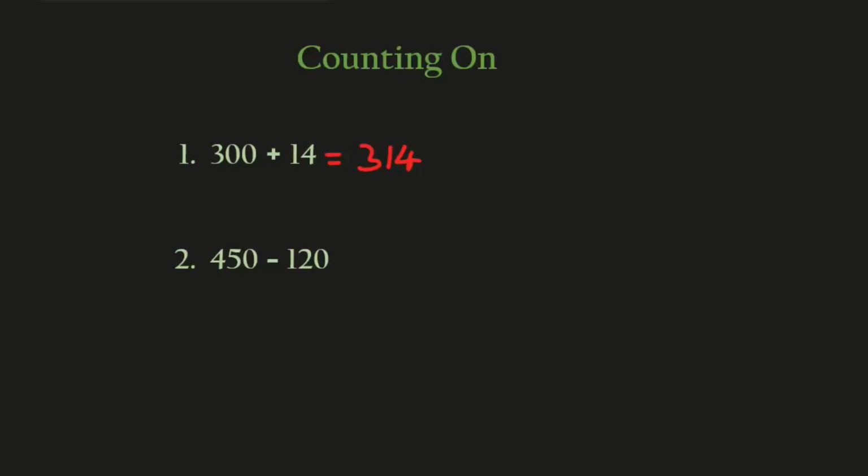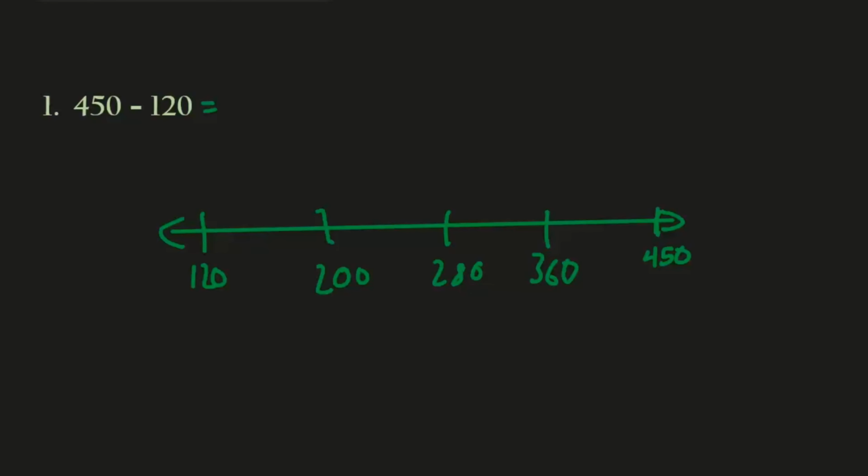Now, let's try the subtraction problem. Now we need a number line again. So go ahead and draw one. Now our number line is going to start at 120 and it ends at 450. Now let's count how much it takes to go there. Starting off at 120, from 120 to 200, that is 80, and then from 200 to 280, that's